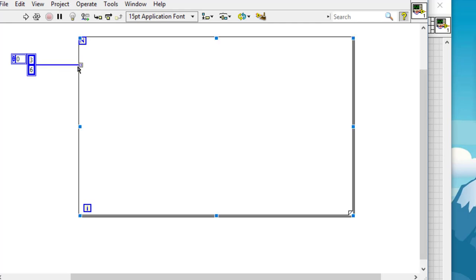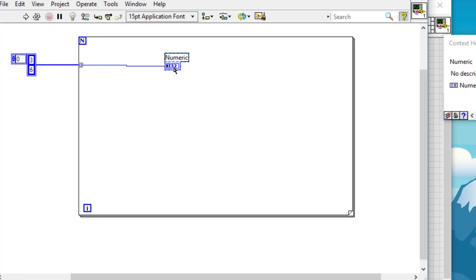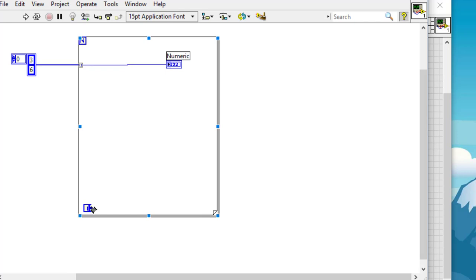This symbol with 2 square brackets shows that auto indexing is enabled, meaning that as the loop iterates, one element of the array will be used each time. Let's see how it works. Let's create an indicator. Let's see how many times this loop iterates by creating a